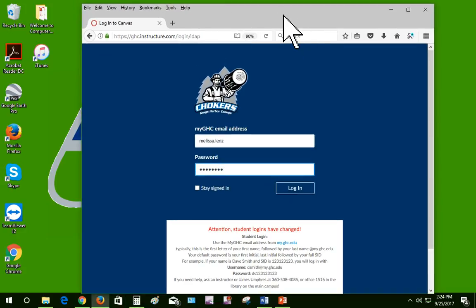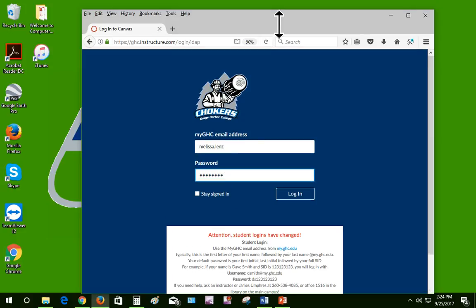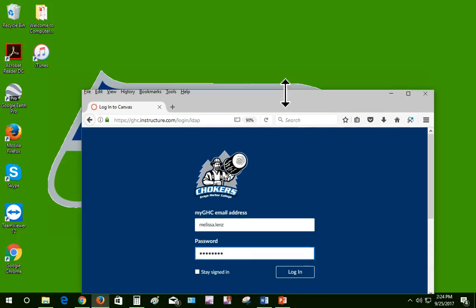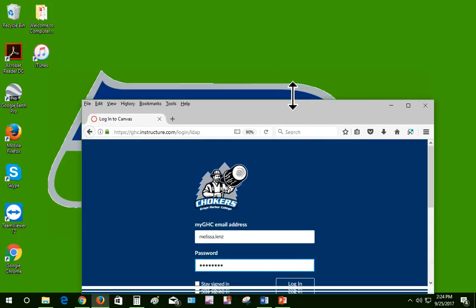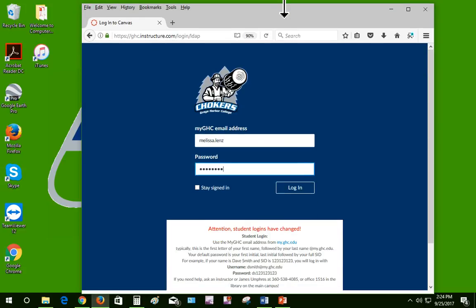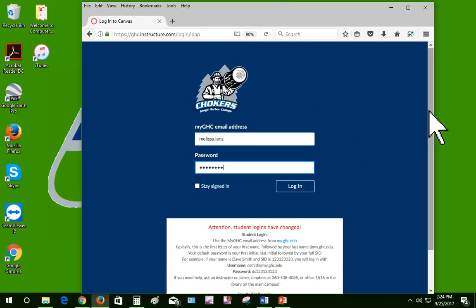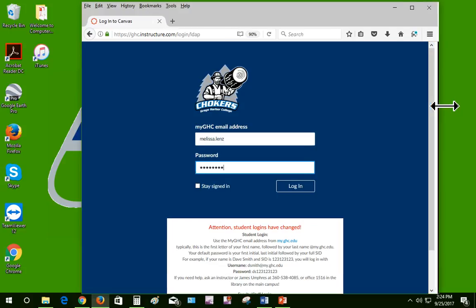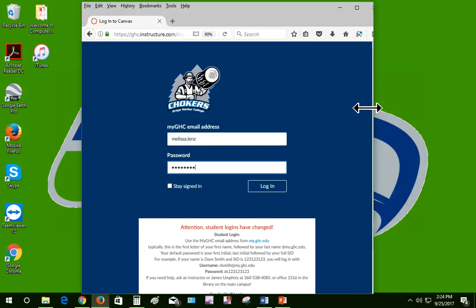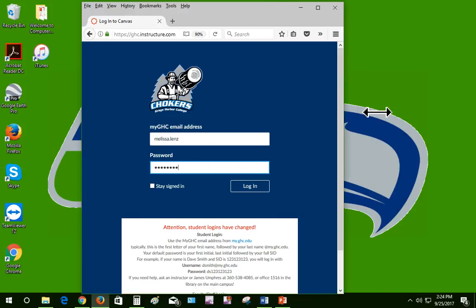But if I pull my cursor up to a border, you'll notice that the cursor turns into a double arrow. So if I click this with my left mouse button and pull down, it will decrease the size of the window, the height of the window. I'm pulling up, now it's increasing the height of the window. You can do the same thing on the right or the left. So here I have a double arrow. I'm going to click and hold my left mouse button, and then I can increase or decrease the width of